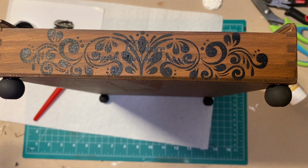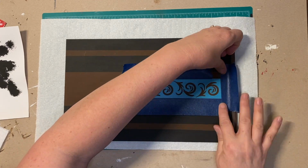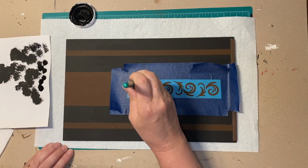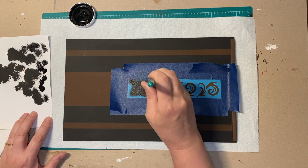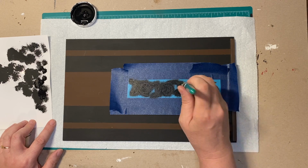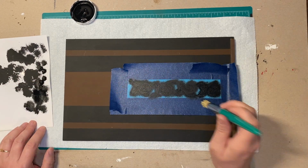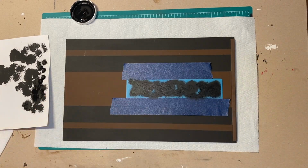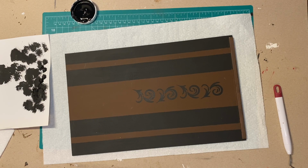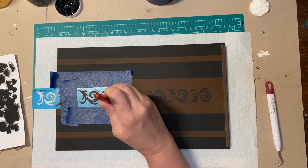After putting my paint on there, I took off the stencil and it turned out pretty good. Now I'm using a different stencil to create a design down the middle of the lid in the large brown stripe. Since the stencil wasn't long enough, I had to do it in sections. Here I'm adding the rest of the stencil,